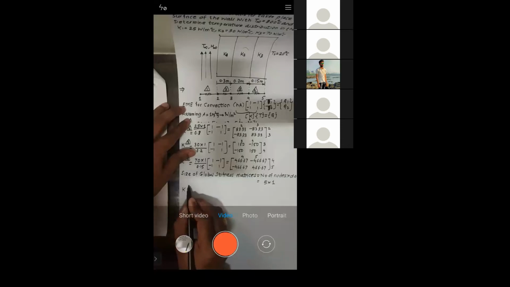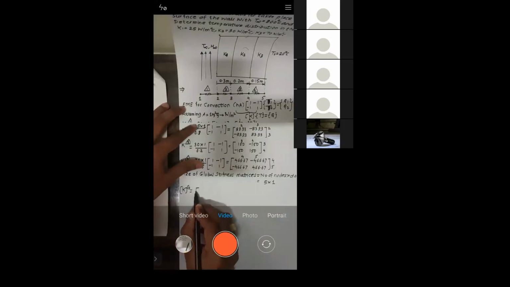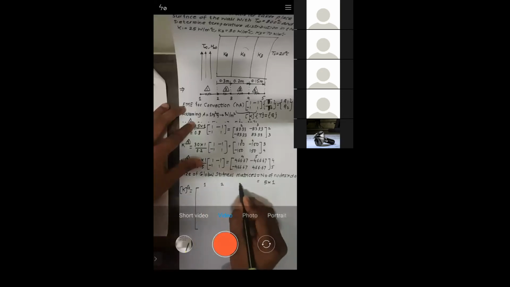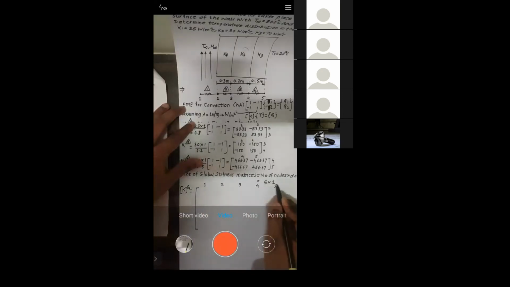So we'll form the global stiffness matrix now. Kg is equal to 1, 2, 3, 4 and 5, right? Here again 1, 2, 3, 4 and